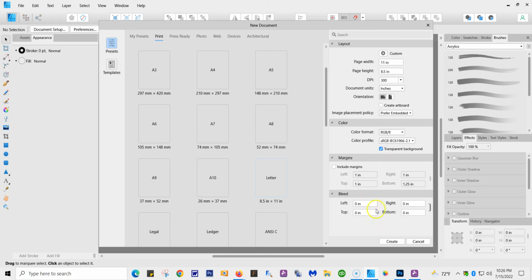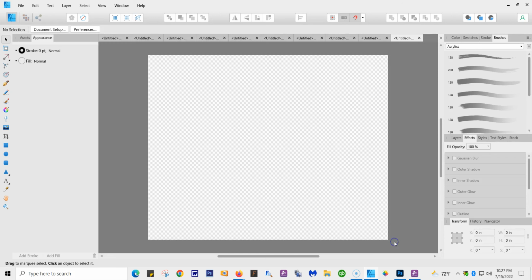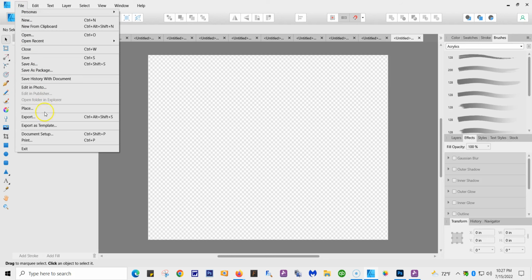There's nothing else we do. You just have to remember this is the color you're creating with. So we're always going to keep that as RGB8 and the sRGB. Then we're going to create our artboard. You're going to hit Create. Here's your artboard. Now we're going to get a graphic, and we're going to go to File and Place,